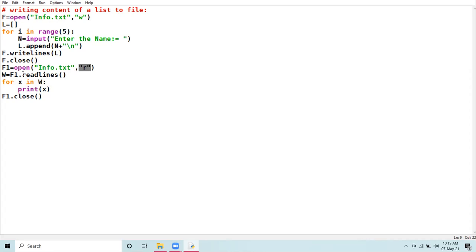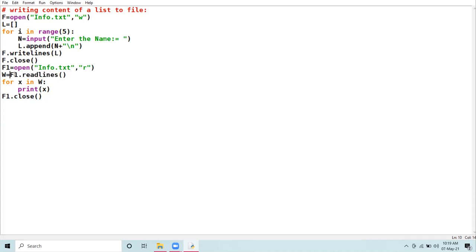So I have used the readlines function here. The data that is read from the file using the readlines function will be displayed in the form of a list. It returns the data in the form of a list. Clear?